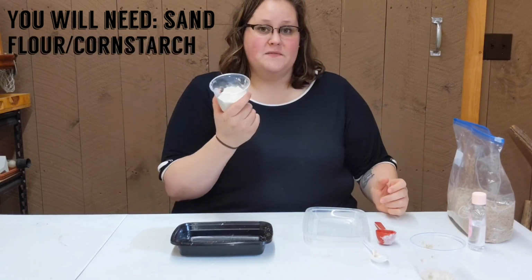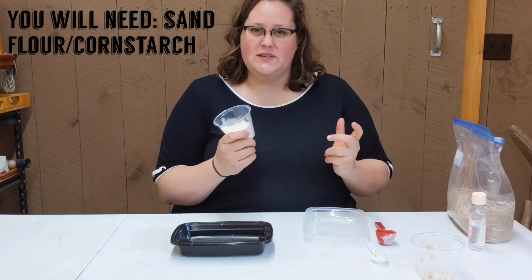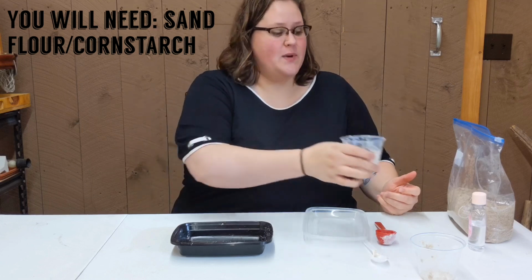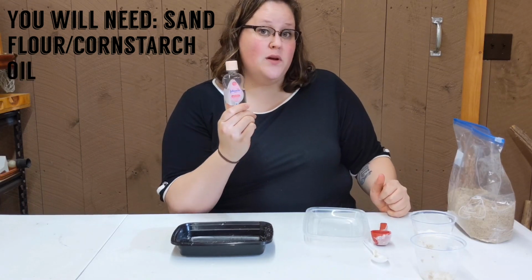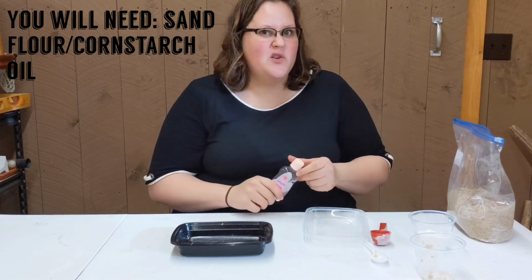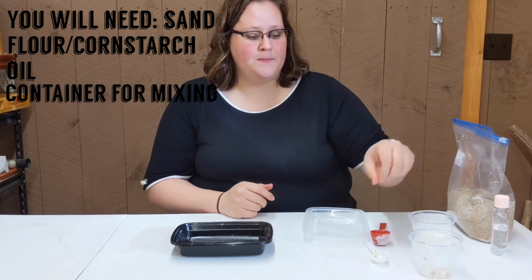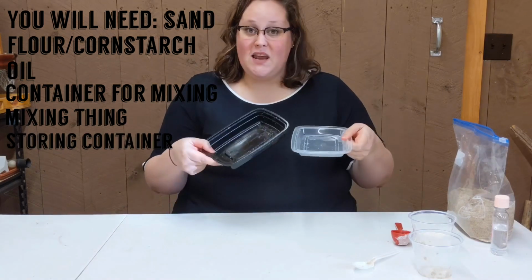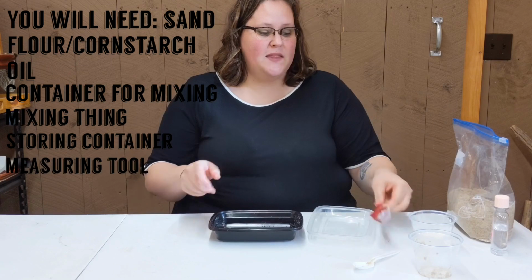You'll also need some flour or cornstarch. Cornstarch works a little bit better to hold it together, but I don't have any, so flour will work just as well. You'll also need some oil. I'm going to be using baby oil, but you can also use canola oil, vegetable oil, whatever you guys have on hand. A container to mix it in,